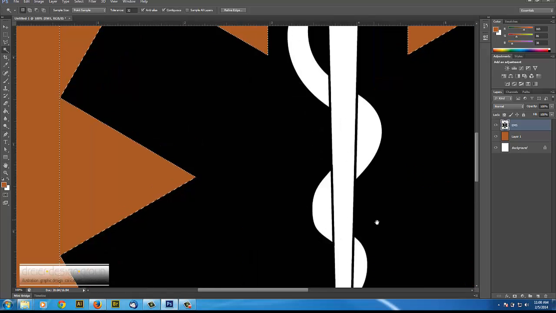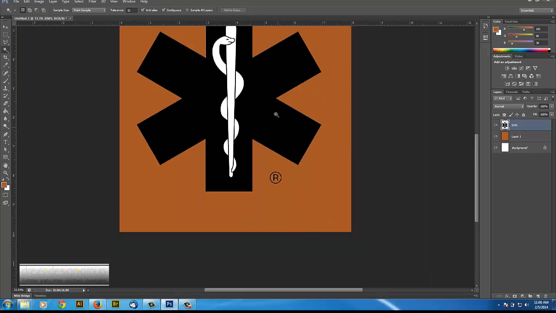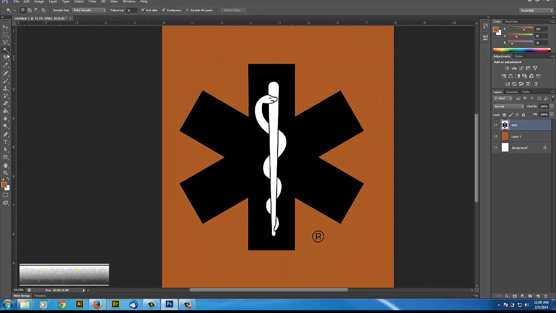Let's zoom in a little bit. Or not. And in this case I'm going to remove that. And again, I have the inside of the R that needs to be removed. So I could do that multiple times, and that's pretty simple when you have a basic color. You can just use that magic wand. Now I'm going to go back a couple steps here,